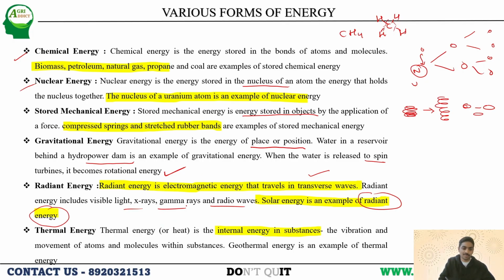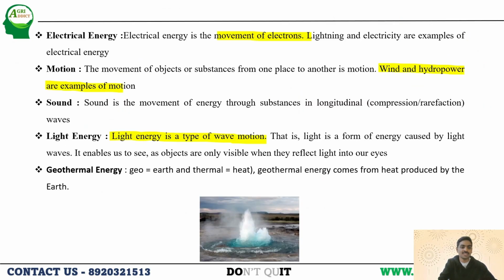Next, talking about thermal energy, it is also the energy that is present internally in substances. We can take the example of geothermal energy, that is the energy which is present inside the earth's surface. See, when I say thermal energy, it may not always be geothermal energy alone. It may even be the energy that is present inside the atoms of any substance. Okay, I think you are clear with all these energies.